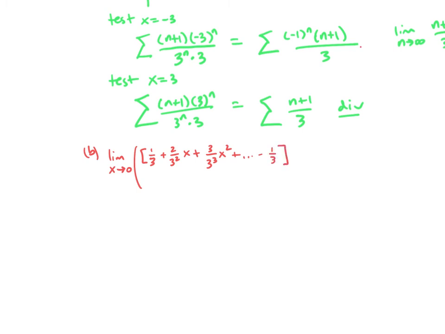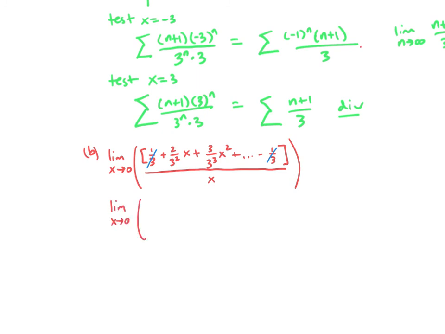Remember, because we have the limit as x goes to infinity of f of x minus 1/3, that minus 1/3 on the end is not part of f of x, that's just part of the limiting value. And then I divide the whole thing by x. So it looks like this. The 1/3 will cancel,